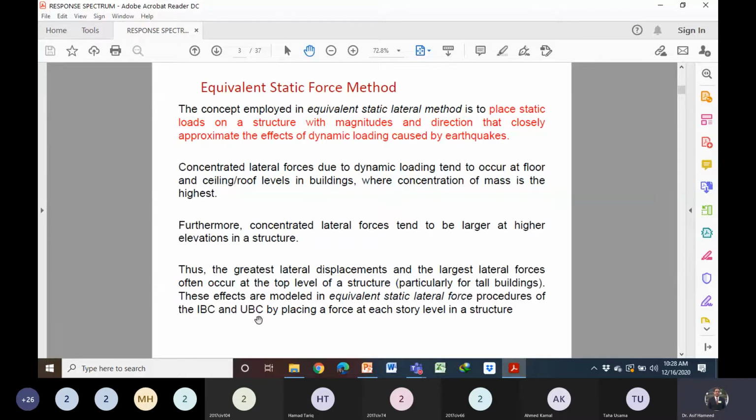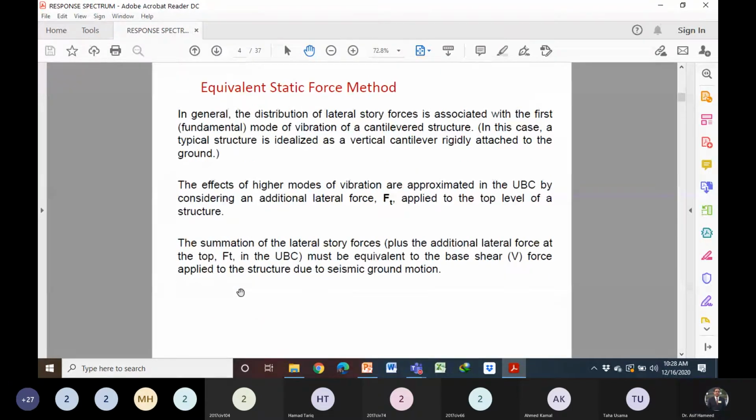This is the Uniform Building Code. Please note down: IBC is the International Building Code, and UBC is the Unified Building Code. At this moment, in the Building Code of Pakistan, we use the UBC seismic provisions for the design of structures. But maybe it is at the modification stage, and after some time, we may have the IBC in our code. They are modifying, updating the PCB code.